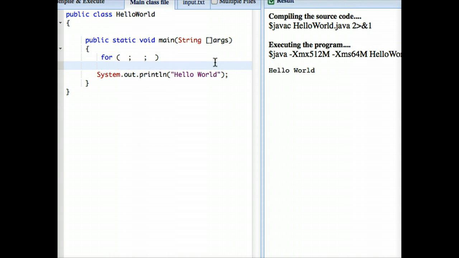It's always good style to use curly braces to surround the body of your for loop. It's required in some situations, so just get into a habit to use curly braces. They should line up vertically like this for good style. Now the code won't work here until I supply the right information inside the 3 sections here at the top